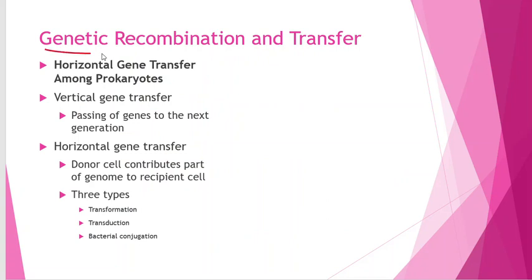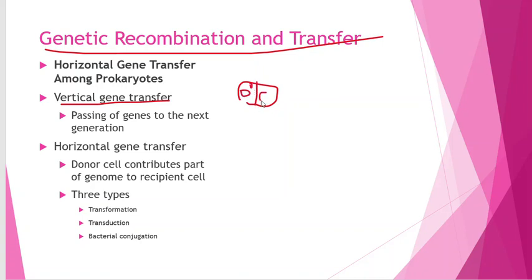Genetic recombination and transfer, horizontal gene transfer among prokaryotes. Vertical gene transfer is just this one cell divides into two and each one has the same DNA as the original. Horizontal gene transfer, this is where a single bacterial cell,